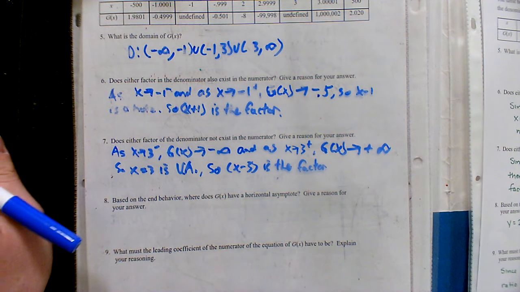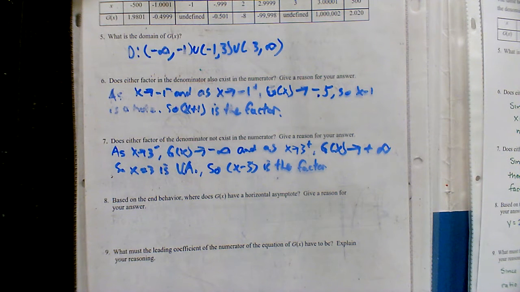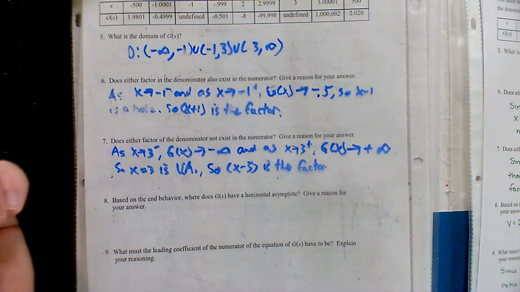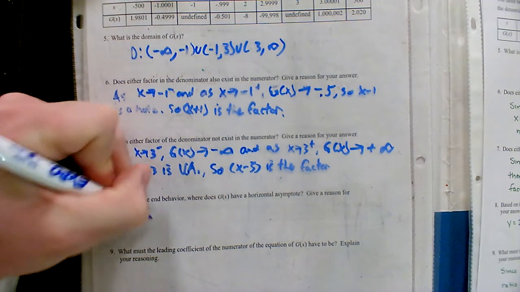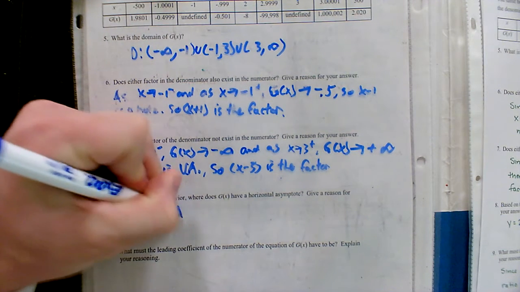Alright, based on end behavior, where does g of x have a horizontal asymptote? Give a reason for your answer. Where is there a horizontal asymptote? Go ahead. 2. Okay, at 2. How do you know that, or what were you looking at to see that? The end values on the table, one's 1.98 and the other's 2.02. Yeah, we can see we're approaching that value of 2, but we have never actually crossed it. So y equals 2 is the horizontal asymptote